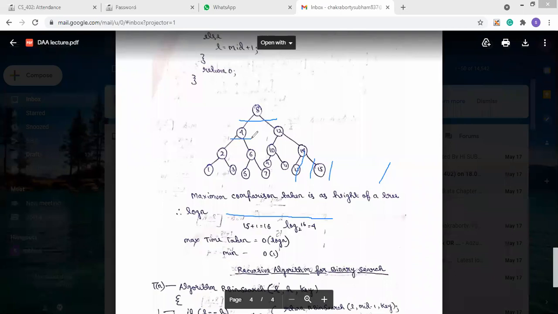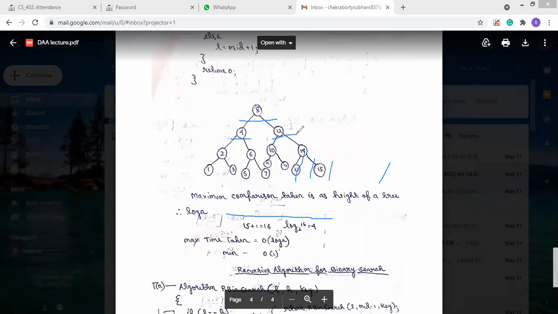The right portion is from 9 to 15, so 9 plus 15 by 2 is 24 by 2, and the mid becomes 12. After that, the left side list is divided into two parts, from 1 to 3 and 5 to 7. In these two parts, what will be the mid?